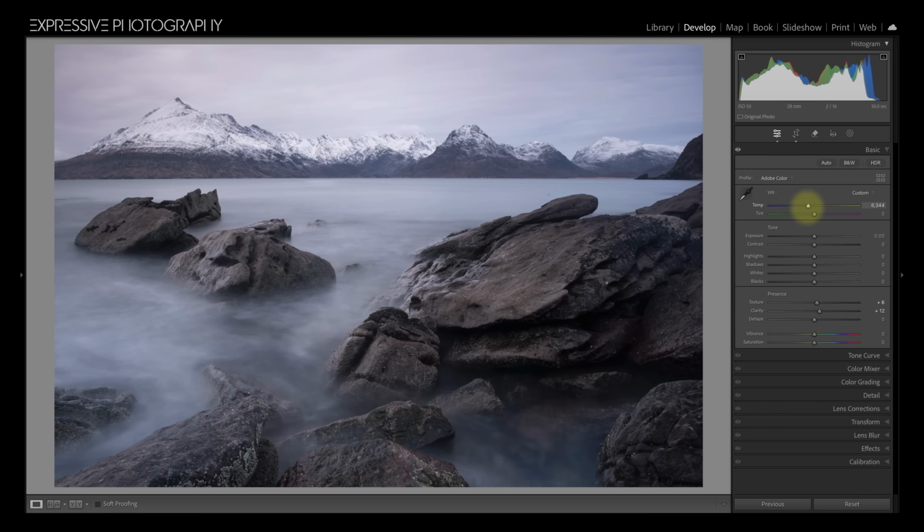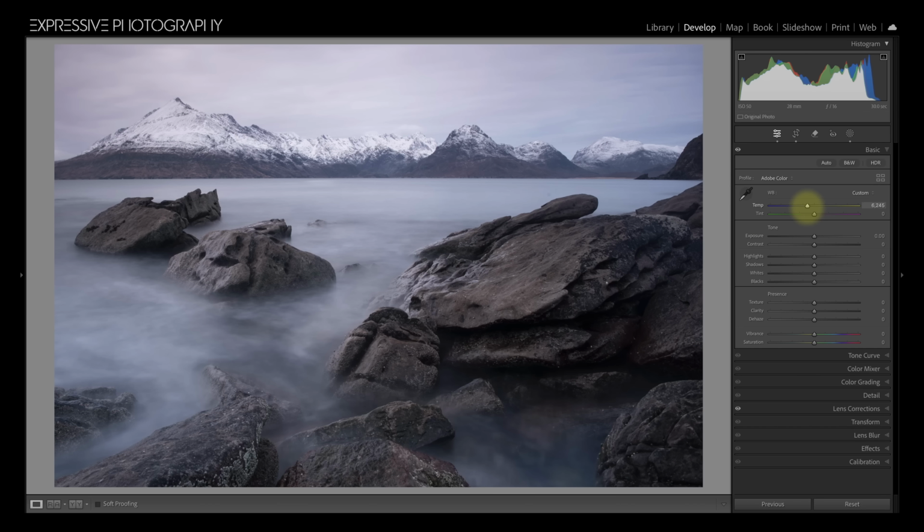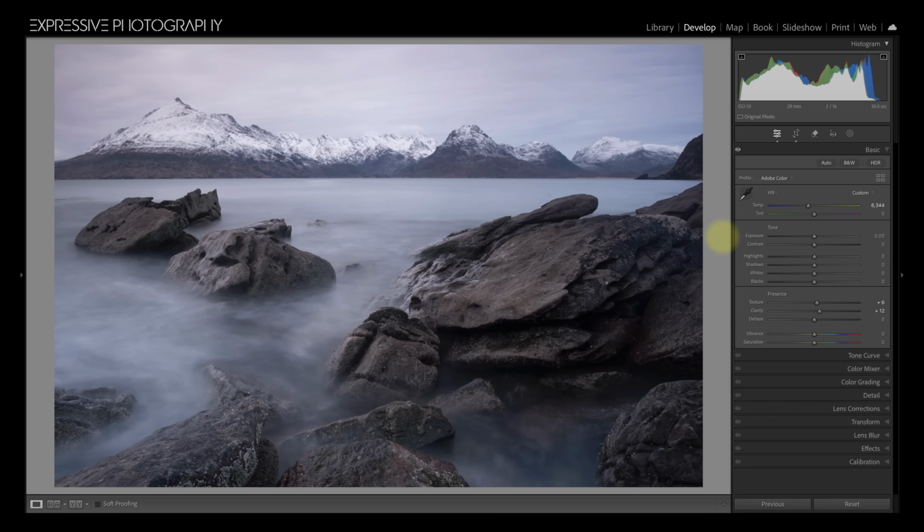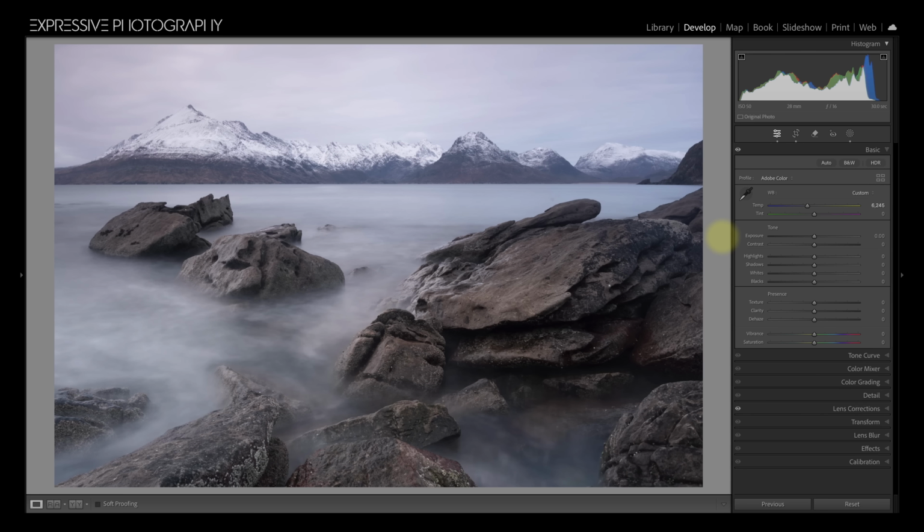But I have tried to change the temperature, and I have changed the clarity. Now, this image has quite a lot of impact because clarity has been added globally, and that is a way to say everything in this scene is more important than it was. So if I skip back to the previous version, if I skip between these two versions of the photograph, the one where I did the global texture and clarity and temperature adjustments actually has more impact because it's saying, look at me, there's more volume in it. Whereas the more subtle version has